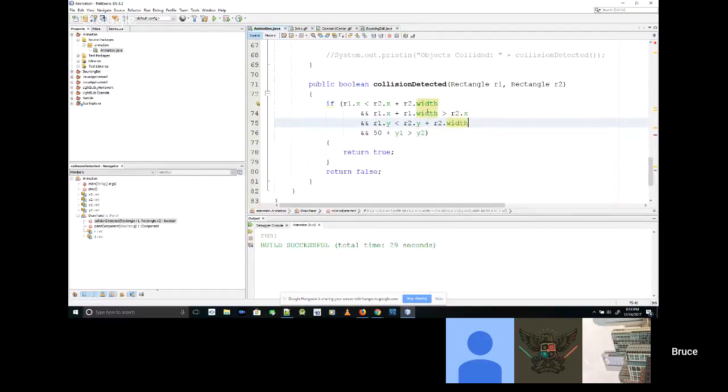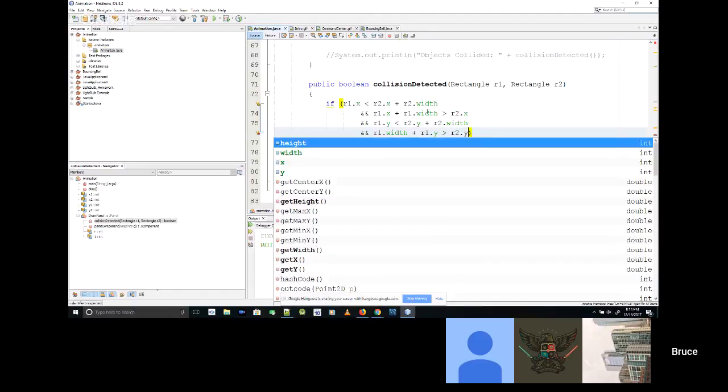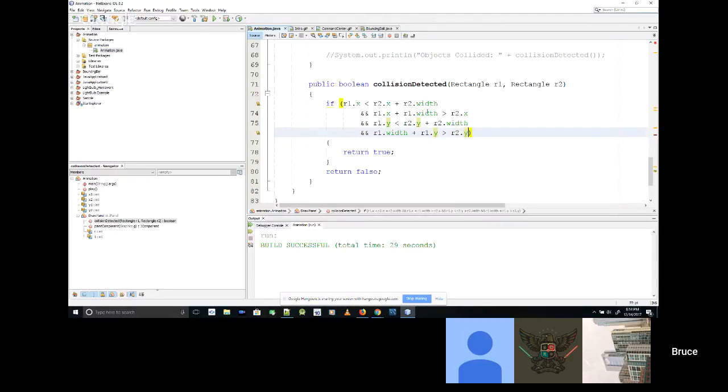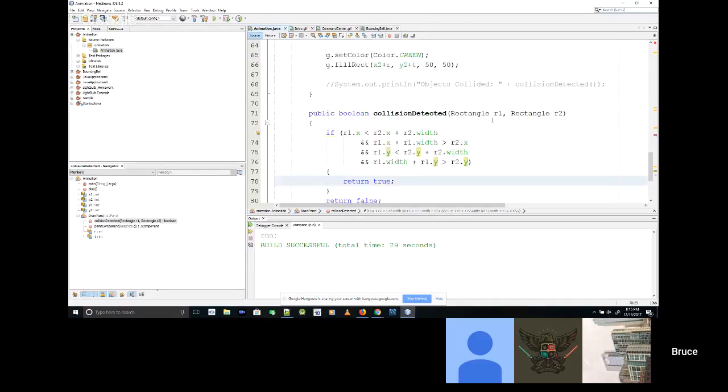Is this kind of cool in retrospect here? This will be R1 dot width. And this will be R1 dot Y. And this will be R2 dot Y. Now, if you pass two rectangles to this thing, then you will,